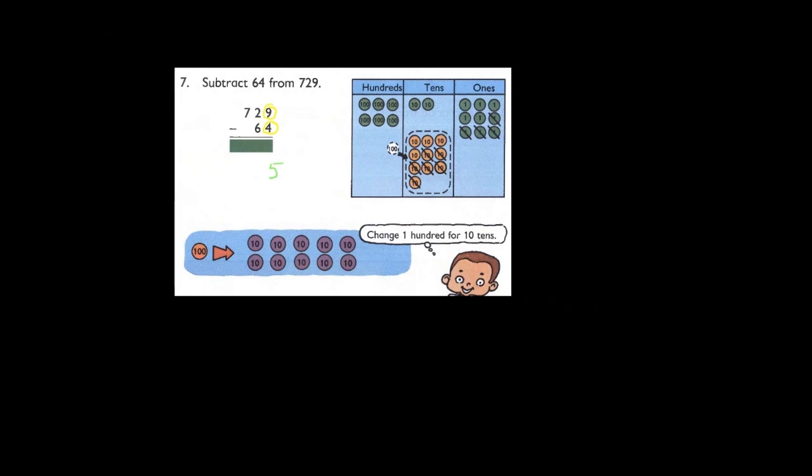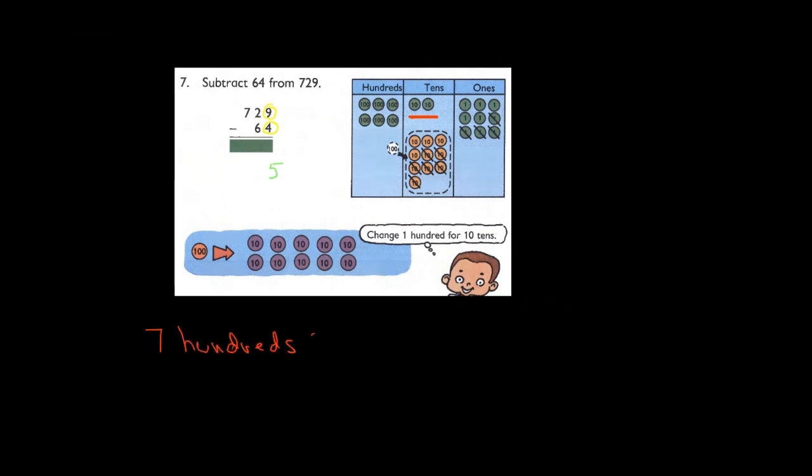That's perfectly clear. But now please note we only have 2 tens and we want to eat away 6 tens. That's not possible. So what we're going to do is reinterpret, and that's what is important to understand, that we want to reinterpret 700s